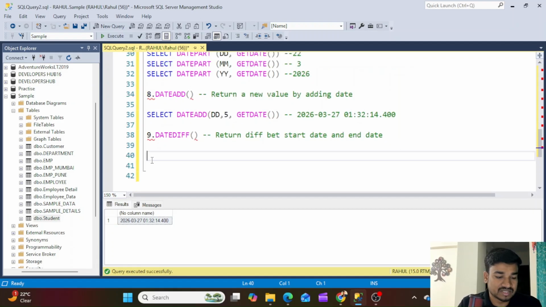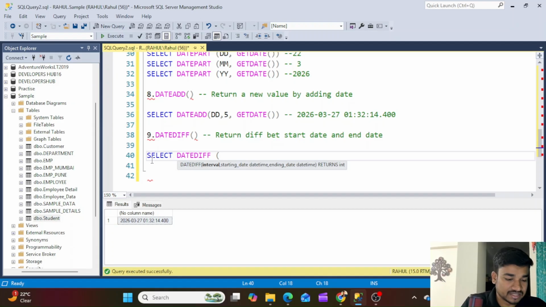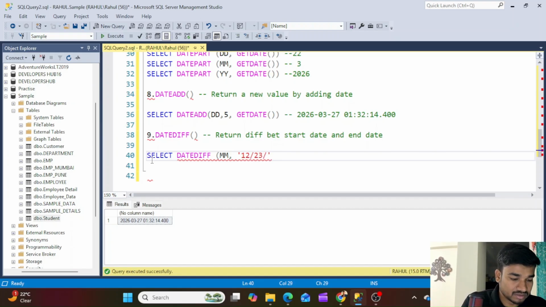The first will be the same, which part of the date you want to add, meaning day, month, or year. So first we'll use a function here, that is DATEDIFF, and then we'll give the first expression, that is DD, meaning I want the difference in days, or I will just give you month here. Then the next is our date, randomly, we are putting MM as 12, the date as 23, and the year, suppose we have 2015, and then we'll make the next expression, that should be our GETDATE, from today's date till